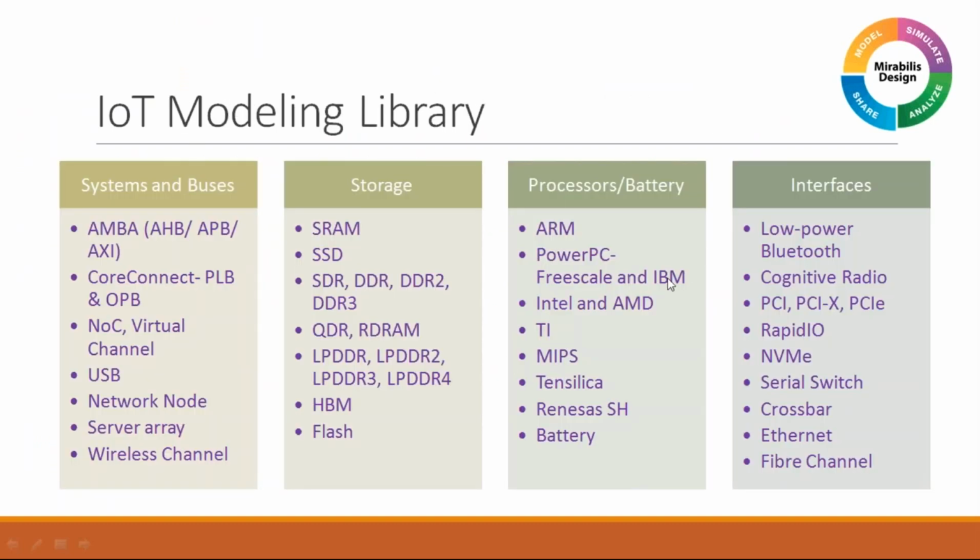So here's the list of IoT modeling libraries that we offer. That includes libraries all the way from the interfaces, whether it is a low-power Bluetooth module, or cognitive radio technology, and PCI or PCI Express or RapidIO. In terms of processors, we have processors from ARM, Intel, PowerPC, MIPS, and all that. And most of these libraries that we provide are completely configurable, and